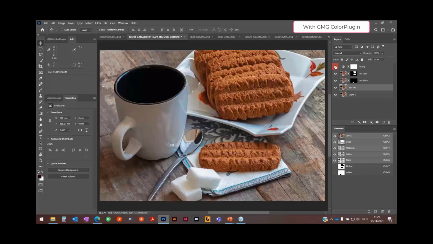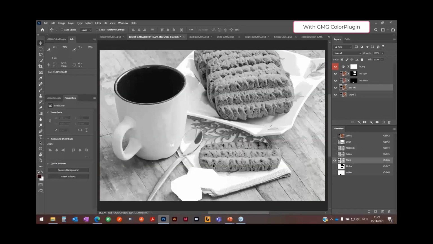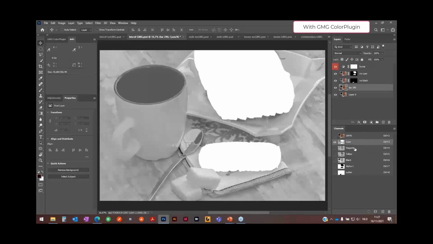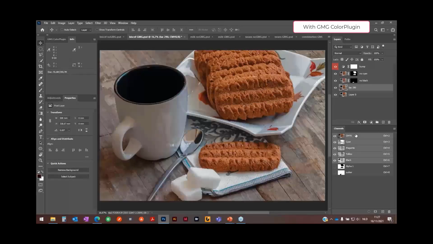If I then switch on my flexo bump curve again, I see there is no problem here in the black. All my other channels have minimum dots, and in a few clicks, as you see, this image is nearly ready to print.